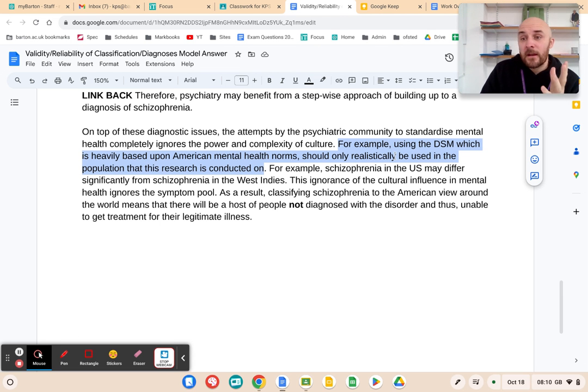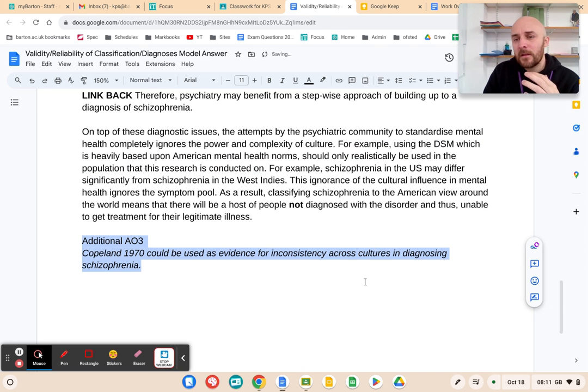We think that's strange, but in Japan, that's a perfectly normal symptom of depression. If you then take American views of depression, just go bang on Japan and go, nope, koro, that's weird. Anyone with koro is now not getting treated. And that's a normal thing in Japan. So there are real problems with this. This is probably, I would say, the best way to tackle this question.